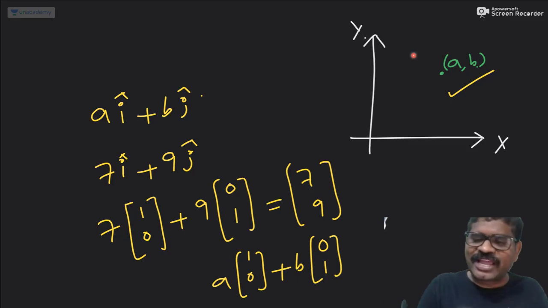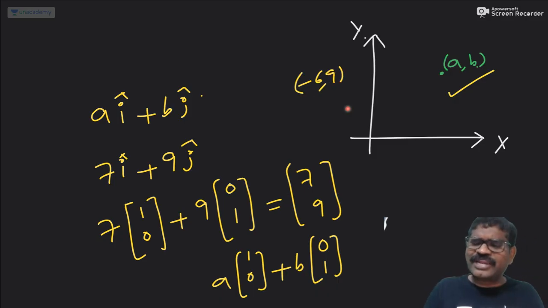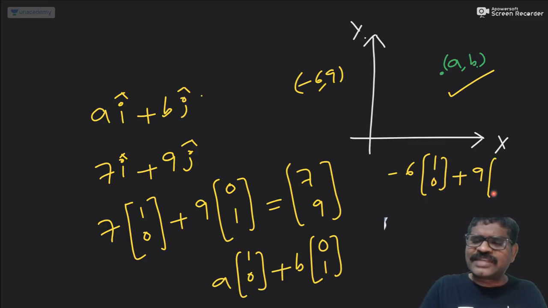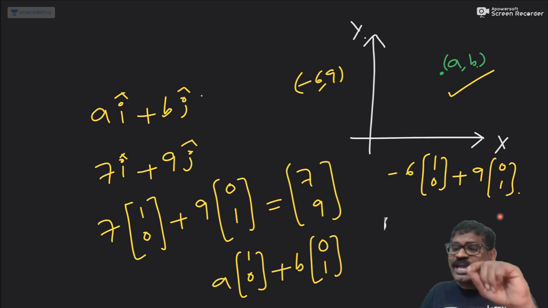Suppose if you take 6 comma 9 or minus 6 comma 9, no problem. You can write minus 6 into (1,0) plus 9 into (0,1). Any vector you take, you can express in the form of A i cap plus B j cap, or A into (1,0) plus B into (0,1). Okay,